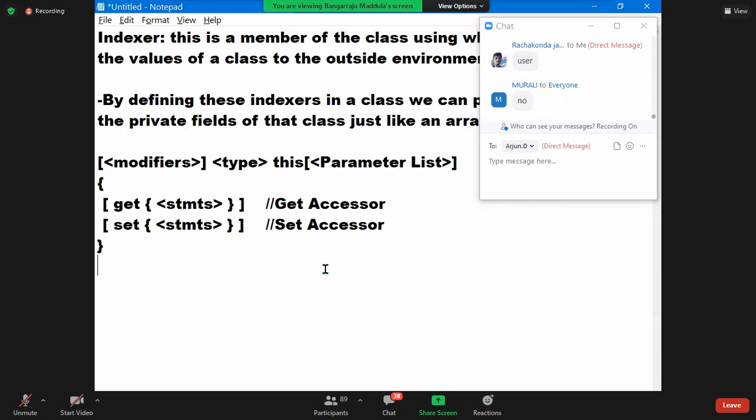Okay, guys, still we have 2 members to understand. What are the 2? Deconstructors and events. Already I said to you, events we are not going to cover here. Events will be covered in ASP.NET. In web we'll cover events. So only one thing is left for us. What is that? Deconstructors. So tomorrow we'll understand deconstructors.